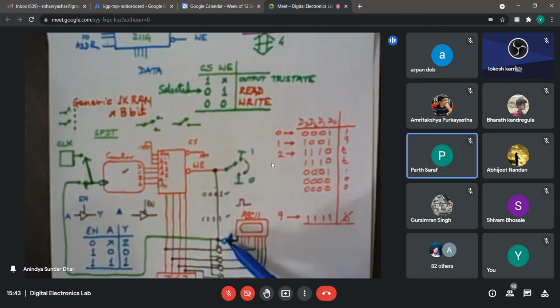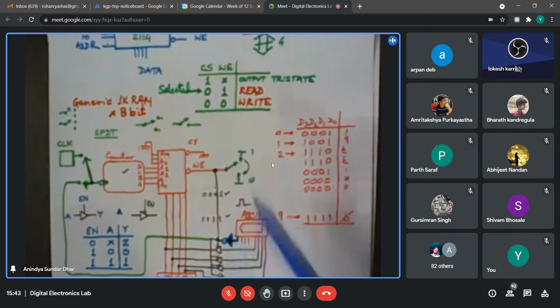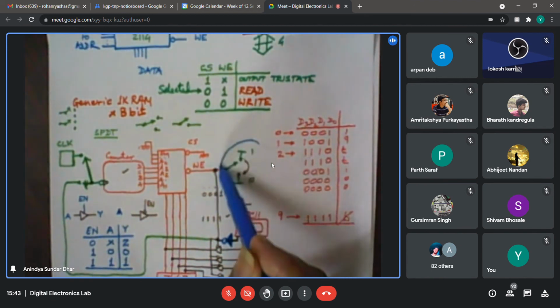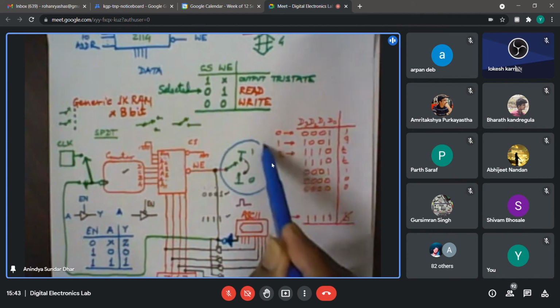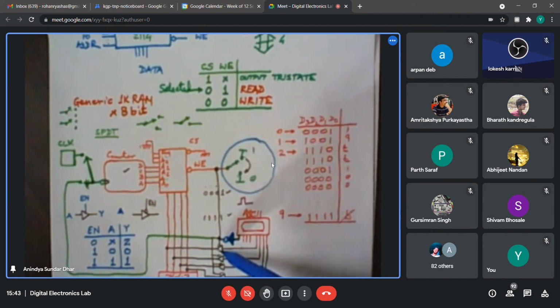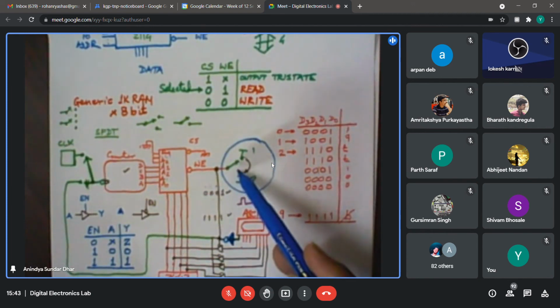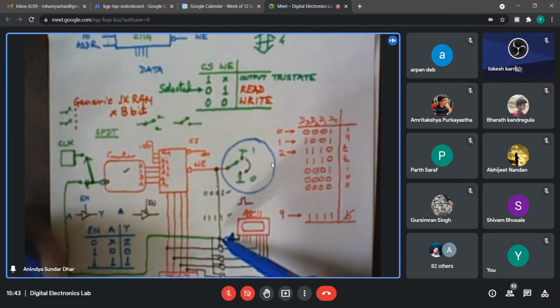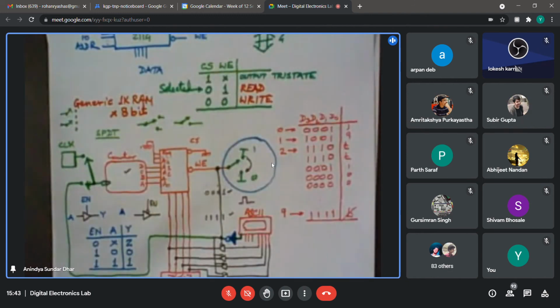Yes, sir. There will be a contention. Whenever there is a negative going pulse, as soon as I connect these lines, earlier I showed manually how to do that. But if you really connect the inverter over here, at that time you must remove this. Otherwise, the inverter will not be able to work independently. It has to follow the output of the switch. There could be contention again. So either I have to use the switch or I have to use the inverter connected to that. Okay, so keep this point in mind.